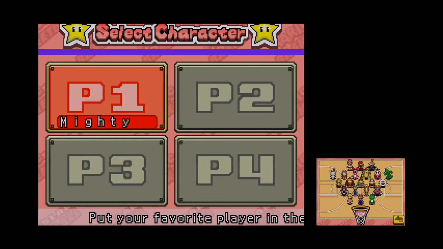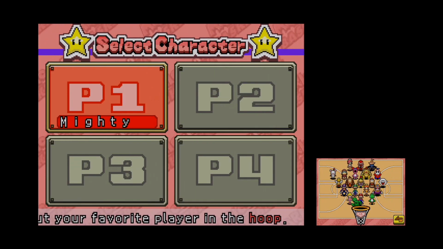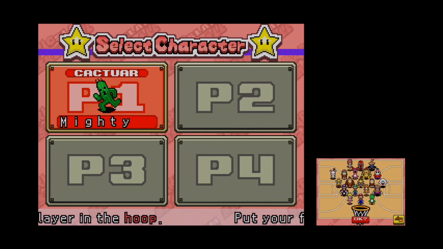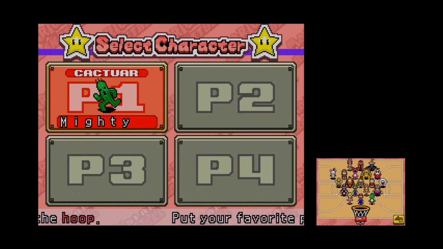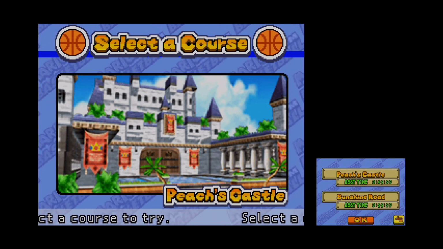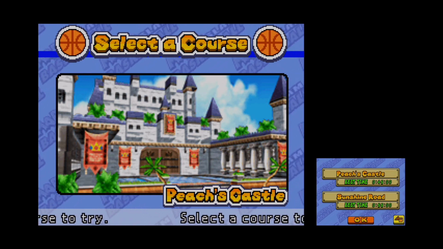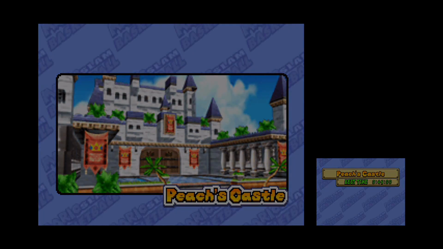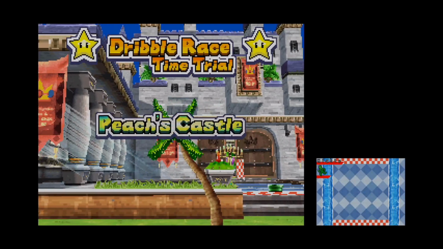So today is going to be the finale video of the Mario Slam Basketball Let's Play, and to start things off, we'll show you the dribble race. As far as the dribble race is concerned, we have a choice between 2 different stages at the moment. There is technically a 3rd unlockable stage, but at the moment we can go into Peach's Castle or Sunshine